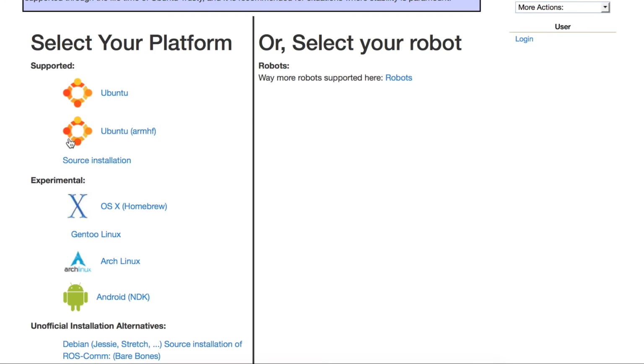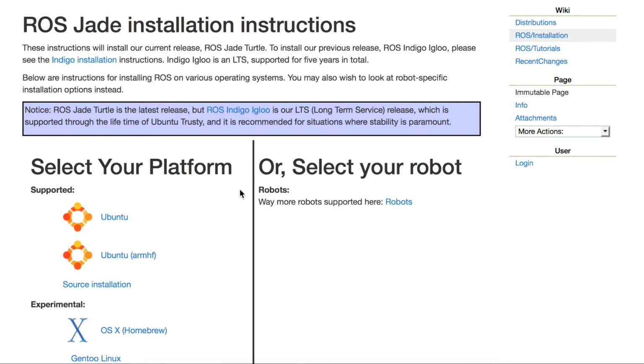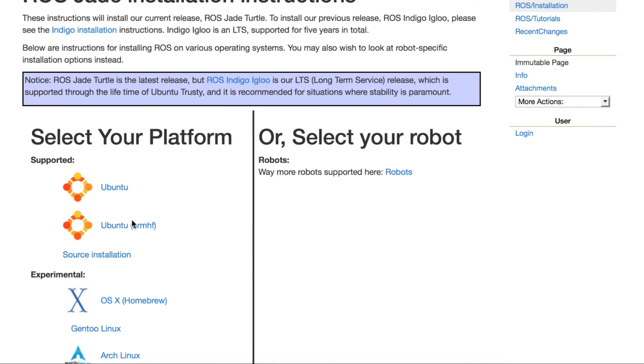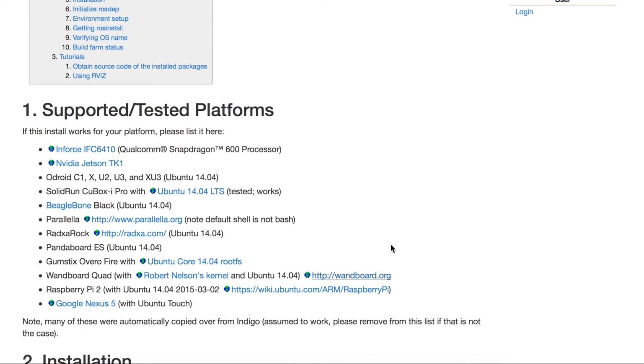Now, the ARM build is typically the one you'll put on an embedded computer within your robot. So, for instance, on the drone that we'll be using later on, it has a Pixhawk flight controller in the drone, but talking to that Pixhawk is a little Odroid computer, which is like a beefed up Raspberry Pi kind of. And if you were using a Raspberry Pi, you'd use the same build. Now, it's important to make the distinction between the two because the packages you'll have available to you are different between the two. And for different distributions, so for instance, if we go into the Ubuntu ARM distribution here,